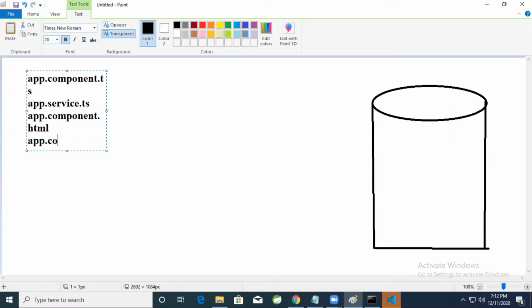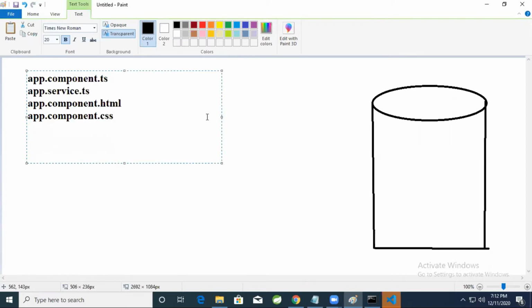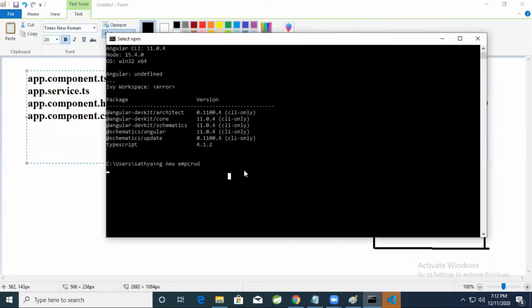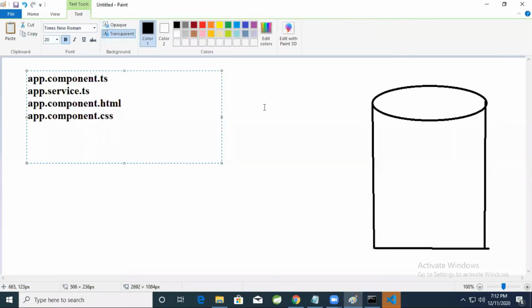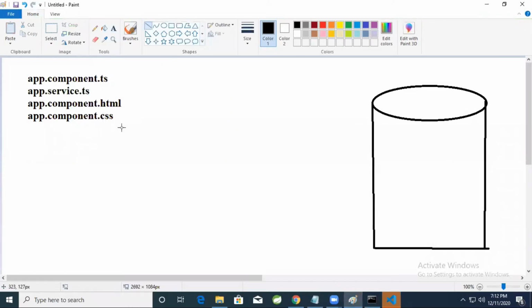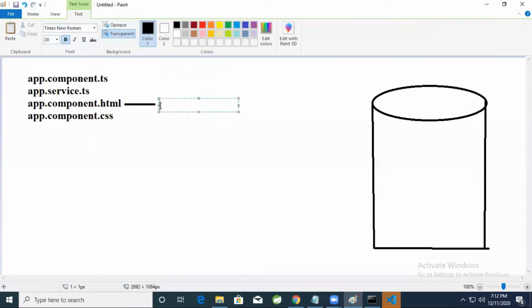Similarly, app.component.css. These are the different files that are available that we have to deal with now. Still it is taking some time to create. Okay, no problem. As a developer, you must know where to write the code. In the app.component.html file, we need to write some design code.